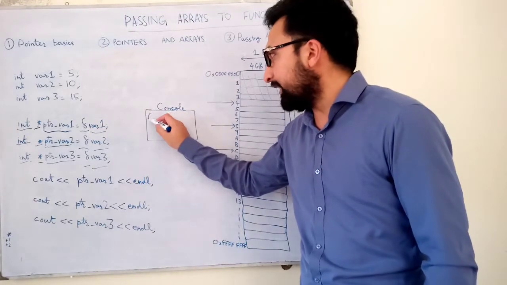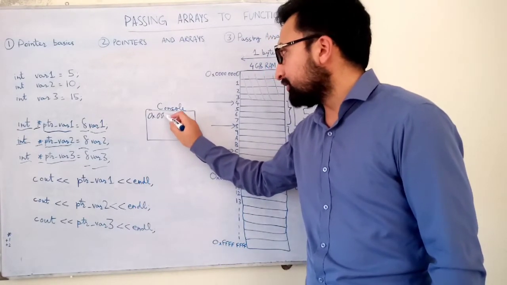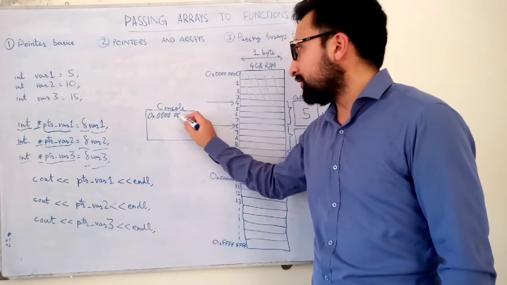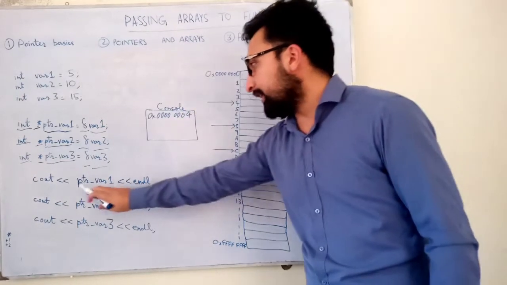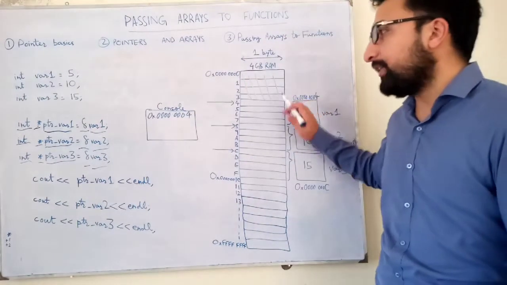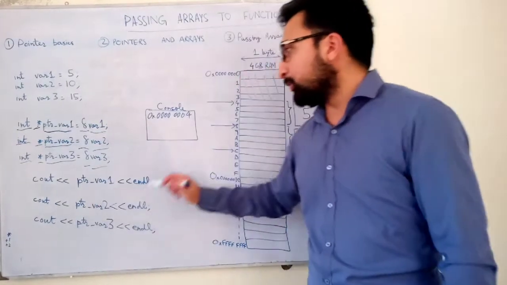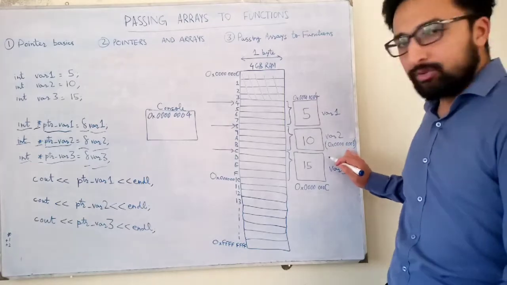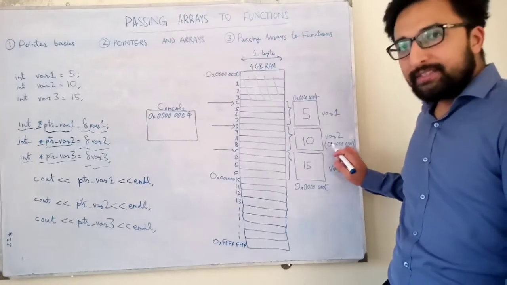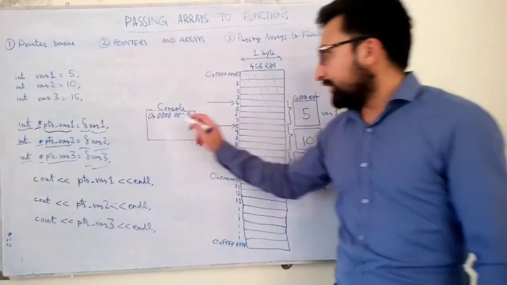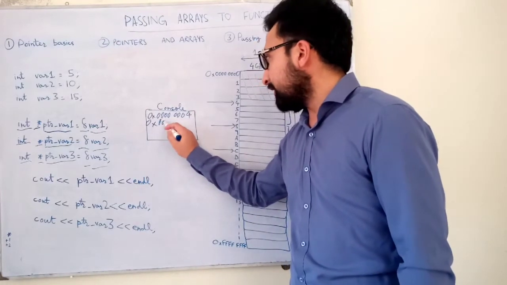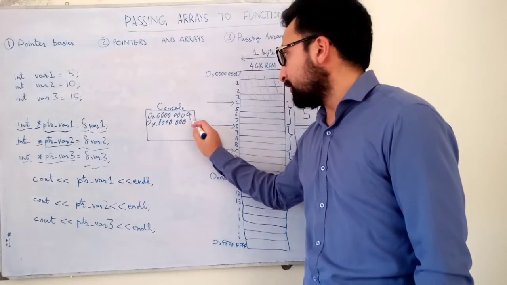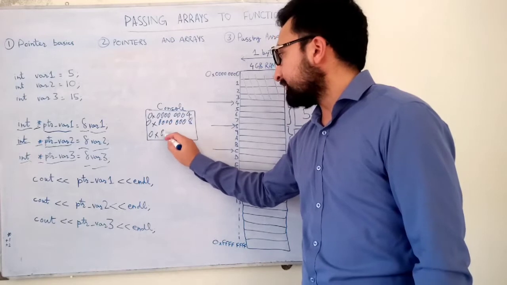They are basically displayed like 0x00000004. This is basically ptr_vr1's value. Similarly, ptr_vr2's value, it is holding the address of vr2, and the address of vr2 is basically this one, 00000008. So similarly, that thing will be printed here, 0008, and after that